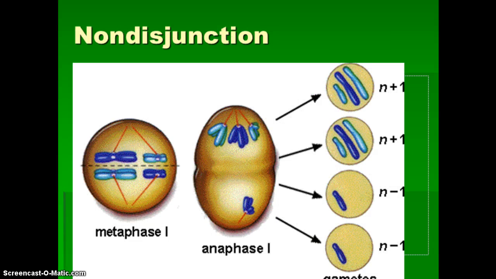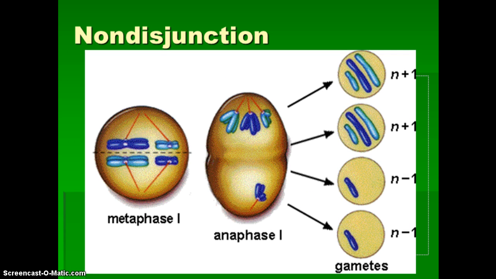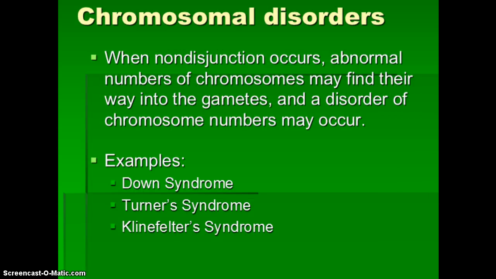So let's review here. If we look back to our meiosis, I'm going to move this up just a little bit. Notice again, we have our tetrad forming, they're coming in the middle, and then something happens. They don't separate how they're supposed to separate. So what happens is we go into meiosis 2, all of those stages, and we get this unequal amounts of the chromosomes. Because we have this abnormal number of chromosomes, they find their way into their gametes, and then we have different